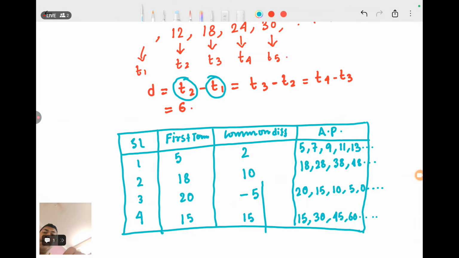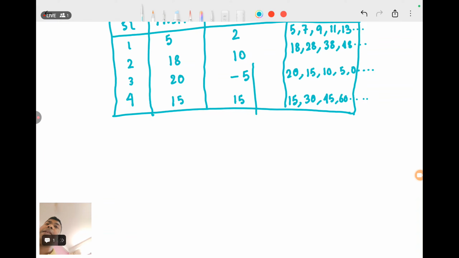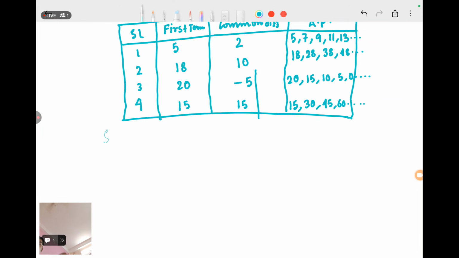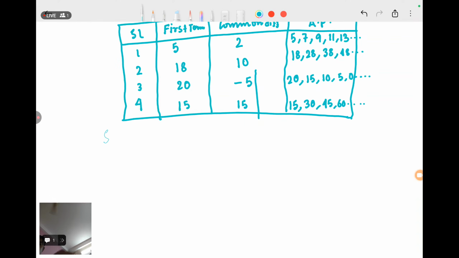The question will be: if I give you a sequence, you have to answer me. The sequence will be 12, 8, 4, 0